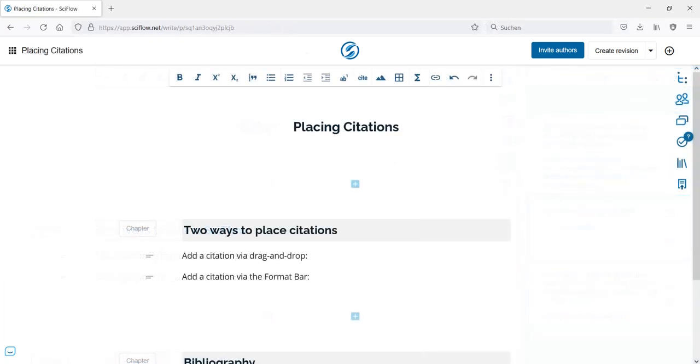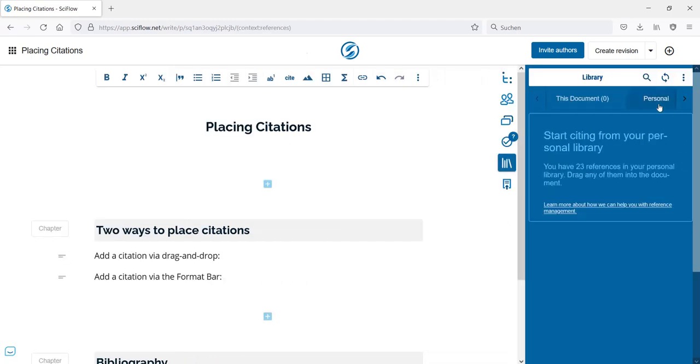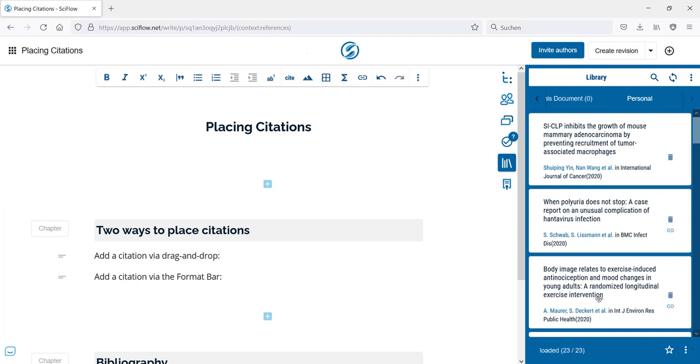Letting SciFlow know where exactly you want a citation to appear is rather straightforward. Open the reference library, and under the tab Personal, you see all the references available to you. Grab one of choice and place it at the desired position in the running text via drag and drop. Then there appears the citation, and don't worry, this isn't a preview of how it'll ultimately look, just merely a placeholder,